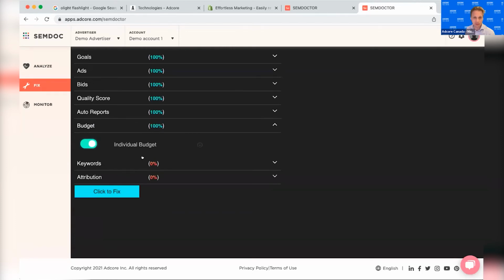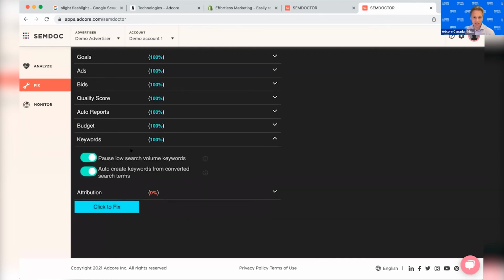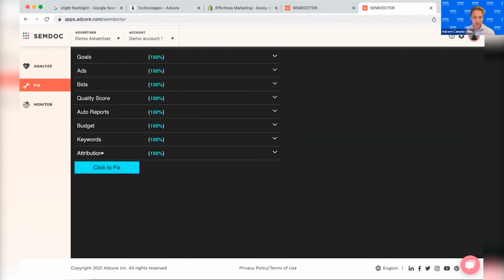So the system automatically does suggestions, and it's as easy as just sliding the options, try to get 100%, click to fix, and it will implement everything automatically. So you save money on one hand, and at the same time, generate more revenue by being more efficient in your campaigns. So with that, there's way more to tell, but I definitely want to make sure we also touch base